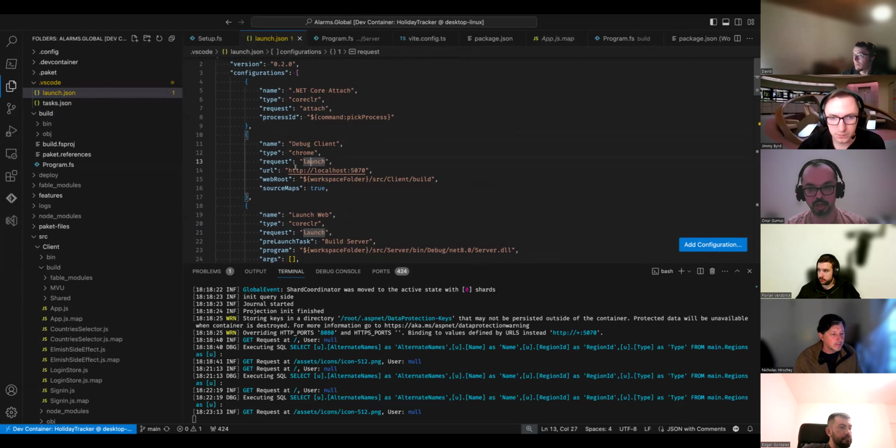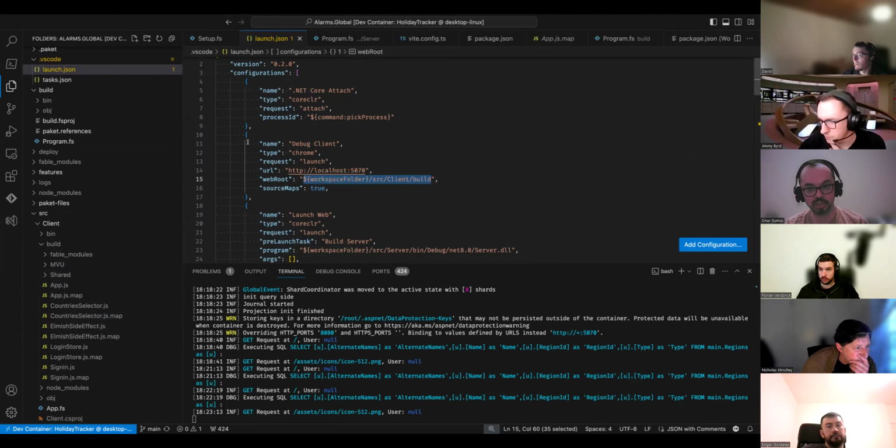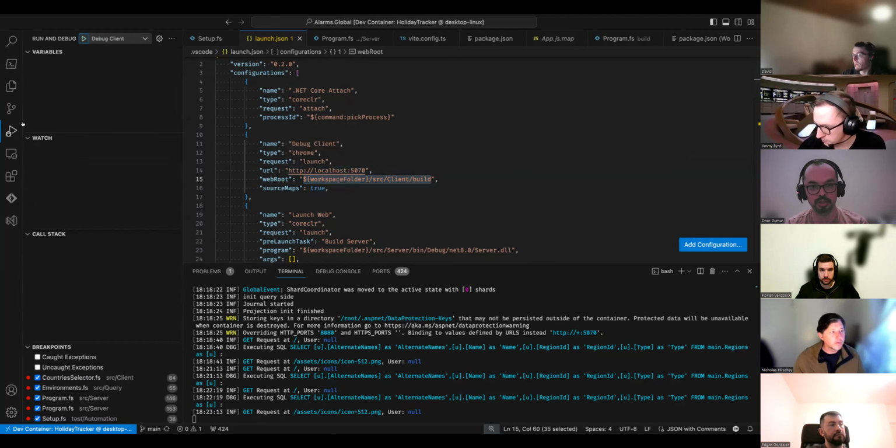You say that you want to launch it, you give the port, you give the files where these JavaScript and map files exist, and you need to set source maps to true. You still need to keep the application running. This isn't going to build the application. We assume that we are already running the application before we click this.